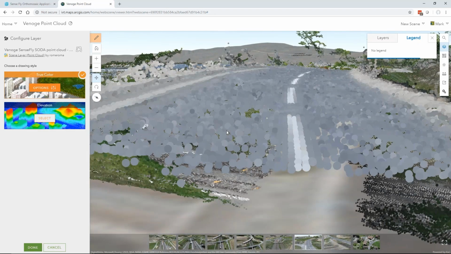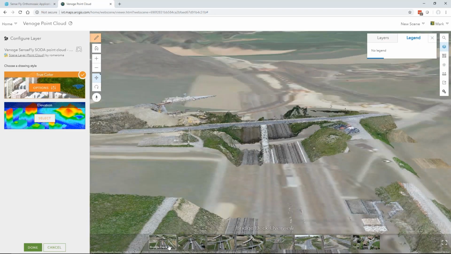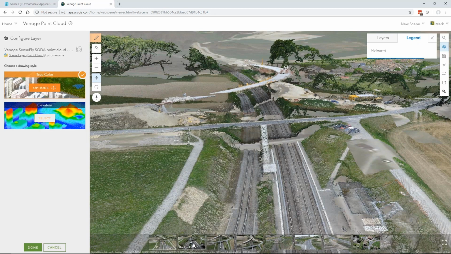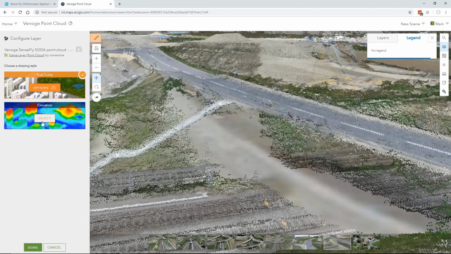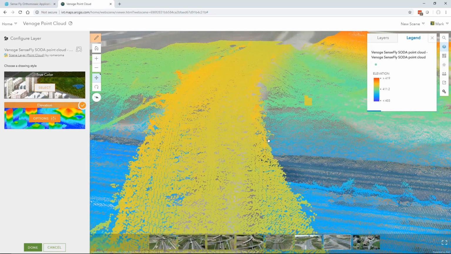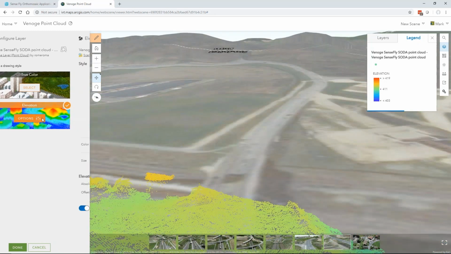But it also gives you a sense of the density of the point clouds that are coming off one of these photogrammetric processes. And then in addition to that, we can switch between different views of this. So if I want to switch from kind of this true color to more of a render that's displaying the heights, we could do that as well. And we can actually query out the height values